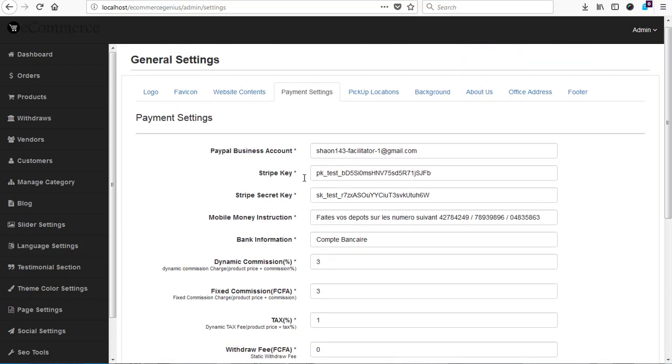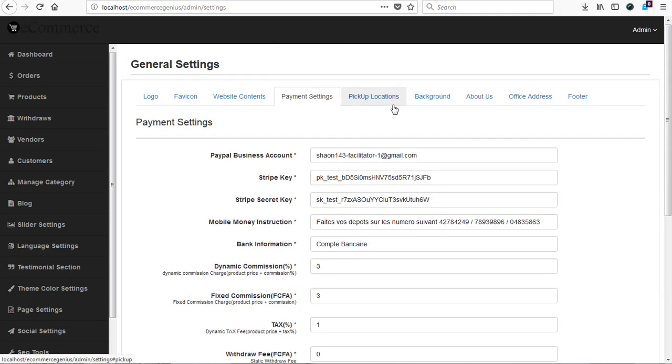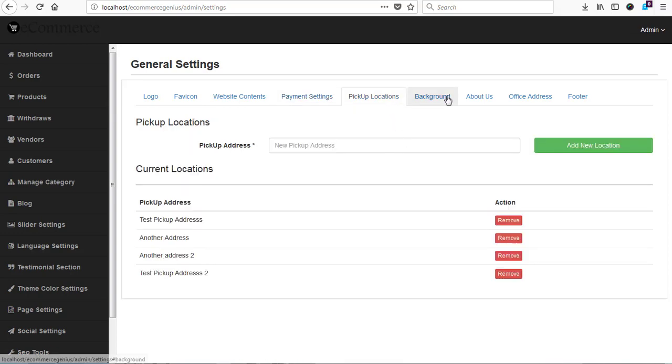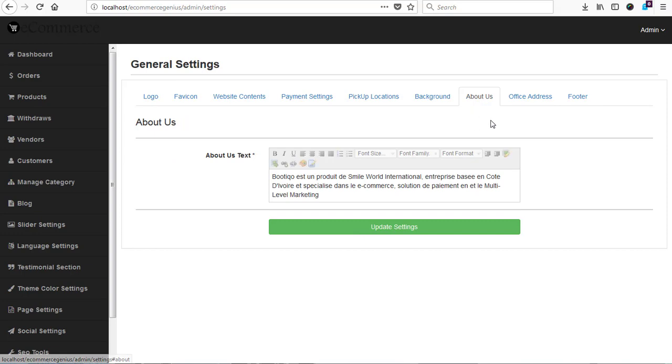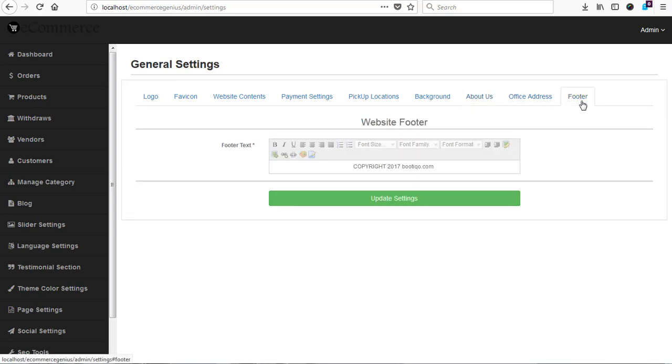It comes with PayPal, Stripe, mobile money self payment, and bank information instructions as well, and other methods of payment. This template is very, very good for somebody to start an e-commerce website to work with. We have pickup links and other things. We have background image, we have about us, we have official address, and then the footnotes you have on your